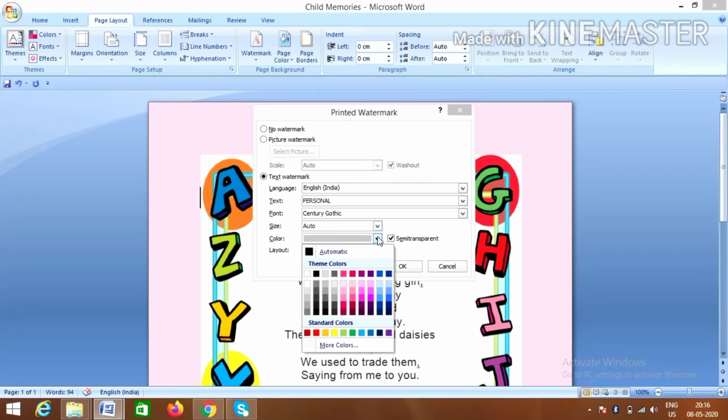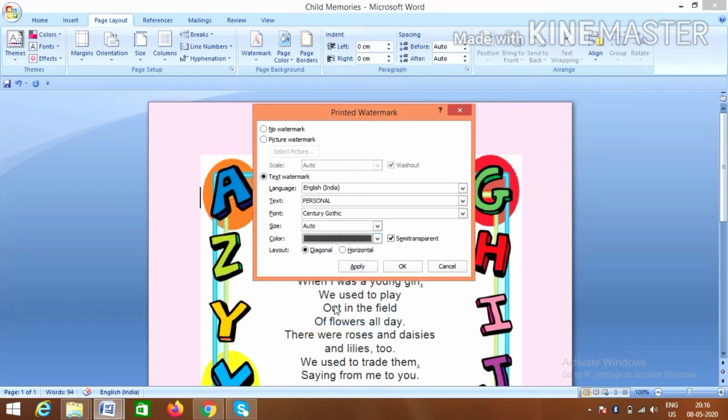I want to select the color gray. Then the layout may be diagonal, or horizontal, you know, vertical and horizontal. Whatever you like you can give. Then we will click on apply and close.